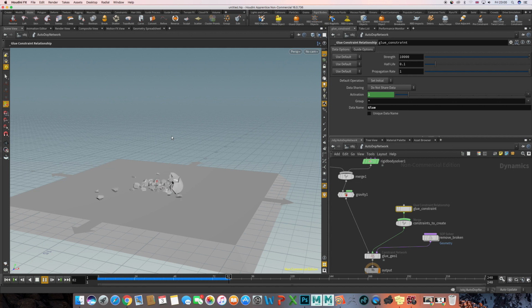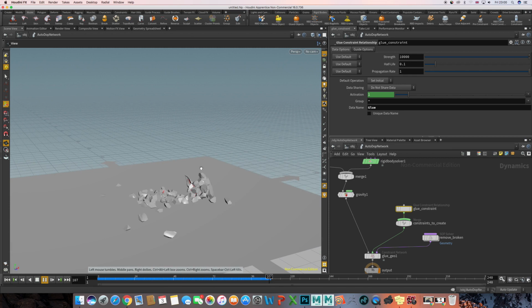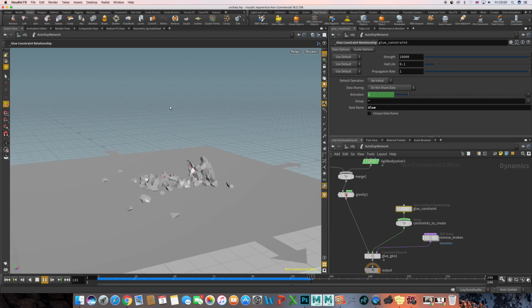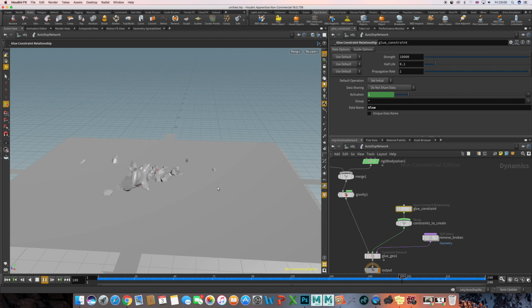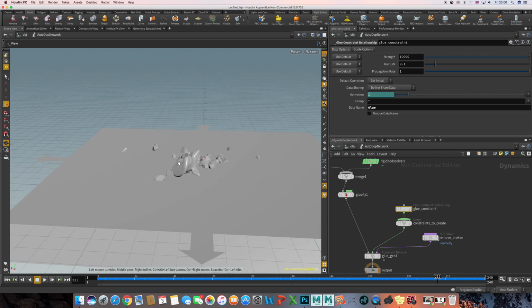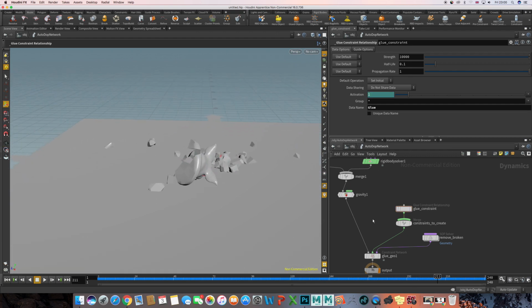Cool. So we're getting some really interesting fractures here in that because the snout hits first, all of that part of the pig head breaks apart. But because there's very little force when it reaches the back of the head, most of that's actually staying together. But the thing to remember is that